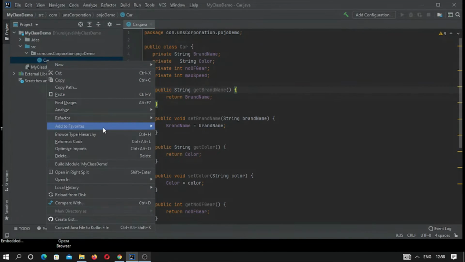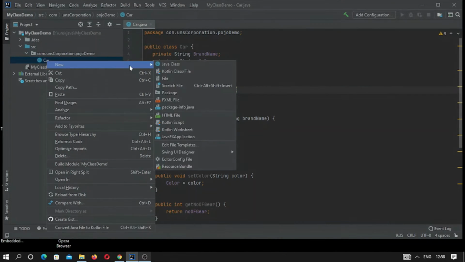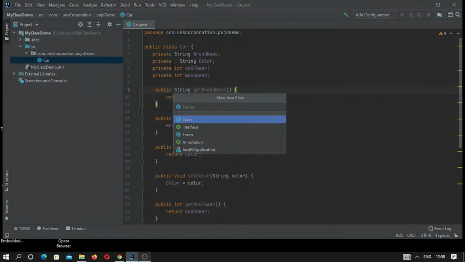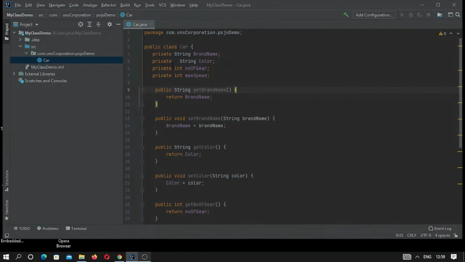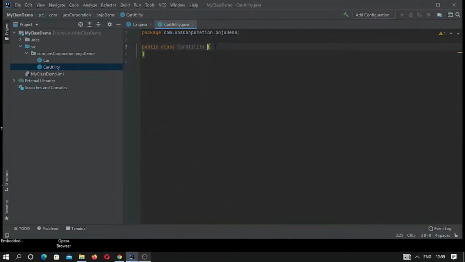Let me create a utility class. Here we are creating a new class, and this may be named CarUtility. From this class we are creating a main method.